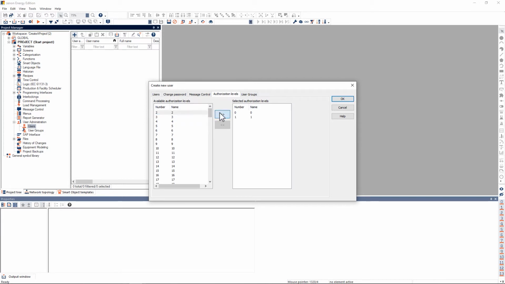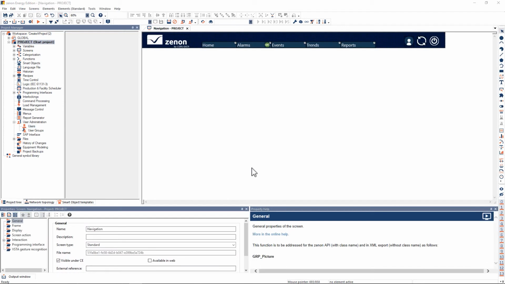From here, we will implement these levels to elements and general project functionalities for both the Engineering Studio and the Service Engine. Elements are able to be assigned an authorization level that may prohibit unauthorized users from accessing its functionalities. A common use of locking screen elements is locking buttons from being used by an unauthorized user. In this project, I have a few buttons in the navigation bar which allows me to switch to different screens, log in and out, reload, and exit the project. I want to make it so only users with authorization level 1 can click and execute the exit button.